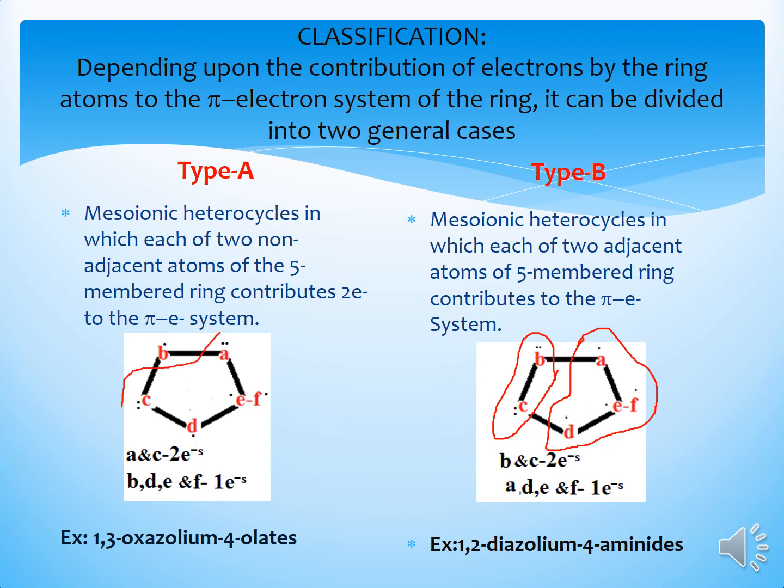Okay, so here in type A, the non-adjacent atoms A and C will contribute 2 electrons, and the rest, B, D, E and F, will contribute single electrons. And in type B, B and C will contribute 2 electrons, and A, D, E and F will contribute single electrons, 1 electron each. Okay, this is how you have to remember. This best example is